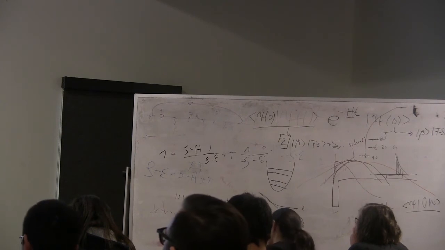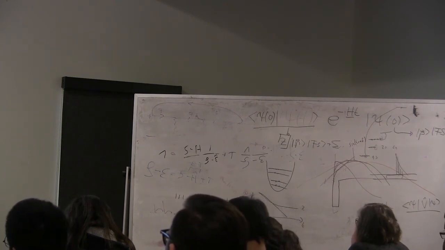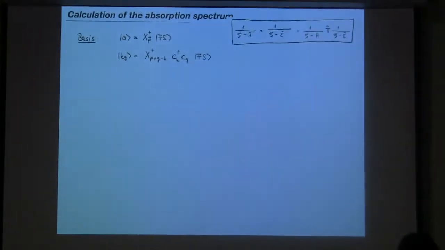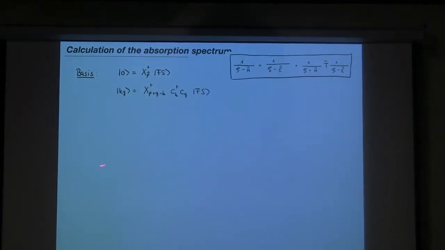Alright, so what do we do to this end? I just want to show you this briefly because it's actually really helpful in some cases to do quick calculations. We want to calculate a resolvent, and we restrict ourselves to a certain basis set. So we have to know the expectation value of this epsilon.